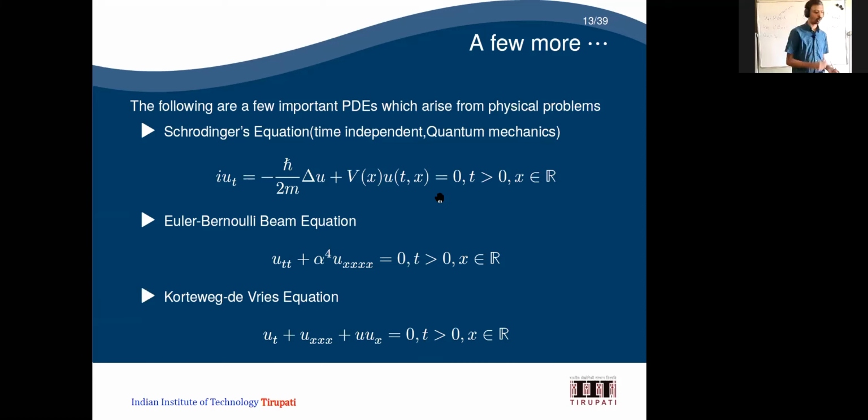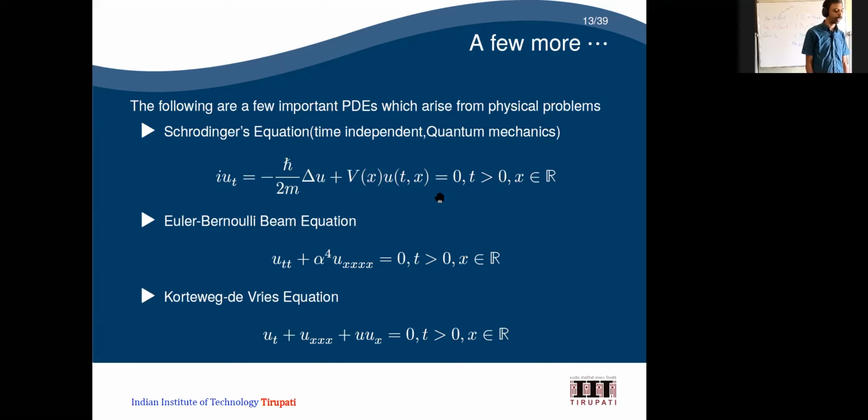So these are all things whose basic underlying idea is quantum mechanics. Okay, the Schrodinger equation is one such equation which is covering many of the things. Okay, so here what we have is i u_t is equal to minus h by, so that h is Planck's constant, and you have the term delta u. So this is almost similar to, you can see that u_t is equal to k square u_xx. So in terms of k square, what I have is minus h by 2m. Okay, in the place of k square, I have minus h by 2m, plus delta u. Okay, plus some f1 is here, so that f1 I just put into it here. I think that equal to 0 is not there.